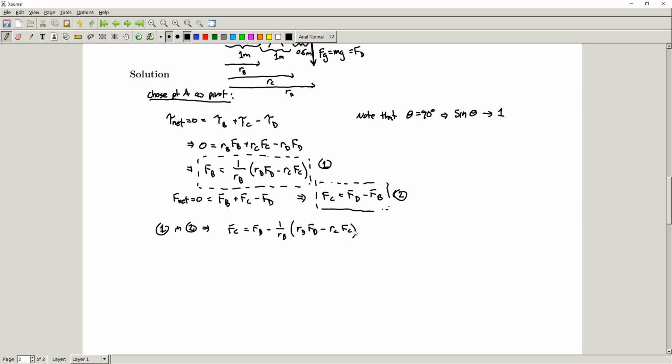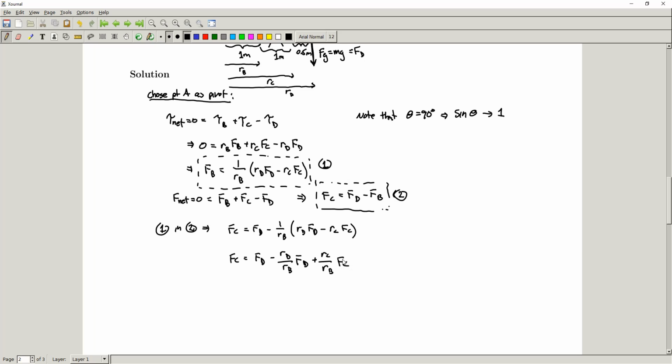It shows up in a couple of spots here, so we need to rearrange this and isolate our FC. So the next couple of steps here is just going to be us trying to isolate our FC. So I guess I'll do the steps. We're going to end up with FC is equal to FD. So what am I doing here? I just want to distribute this 1 over RB everywhere, so we have our terms separated, so we can more cleanly work with them. Okay, so we're going to have FD plus the two minus signs cancel, RC, RB, FC,